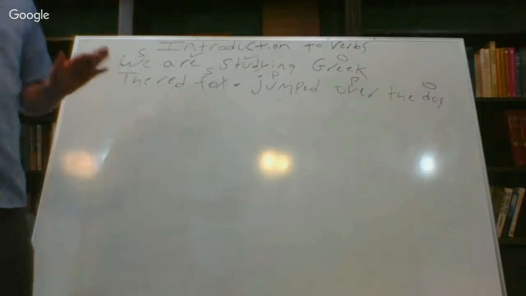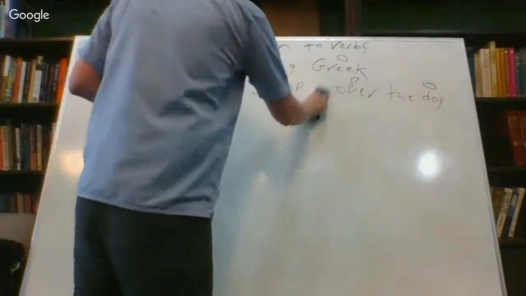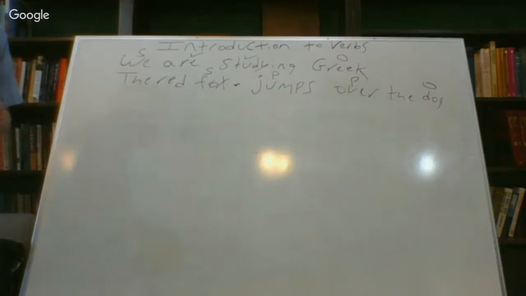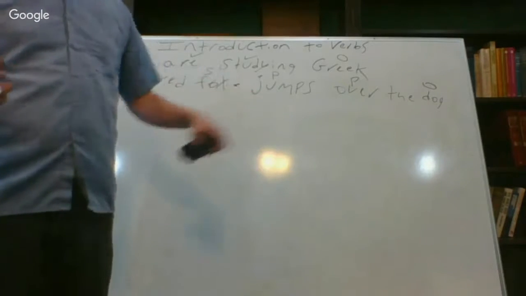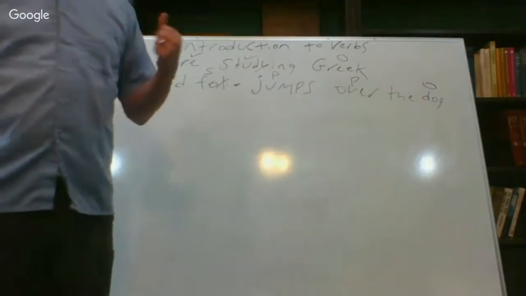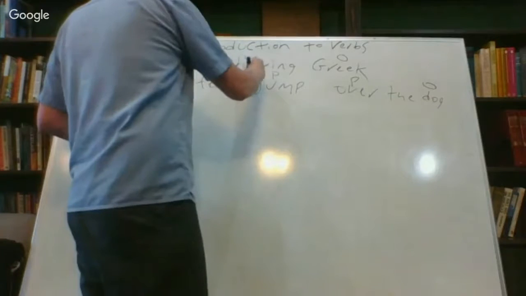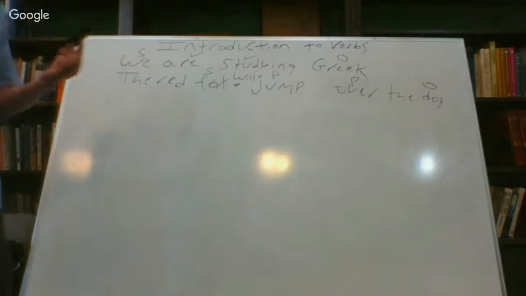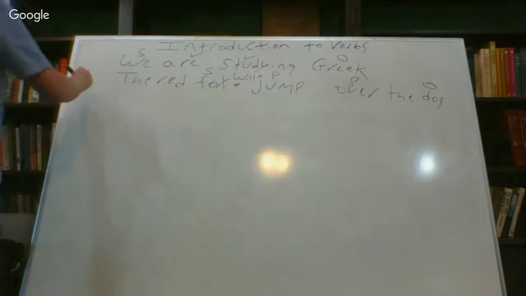And so in English, we can change this verb. We could say the fox jumps over the dog. And what did I just do? What tense did I just change? It's present. Yeah, I changed it from a past tense verb, the fox jumped, to the fox jumps over the dog. So it's happening right now. Again, I could change it to say the fox will jump over the dog. What tense did I just change it to? Future. Yeah, so English works in three basic tenses: past,